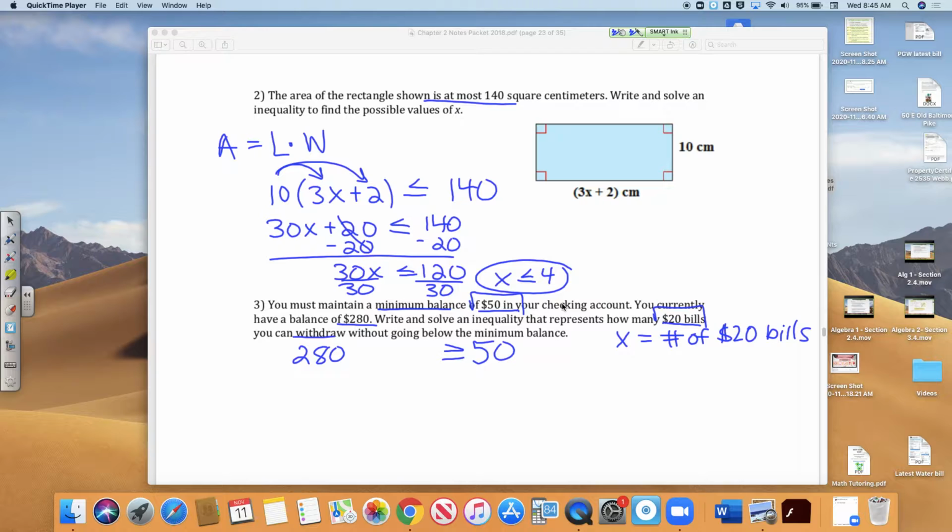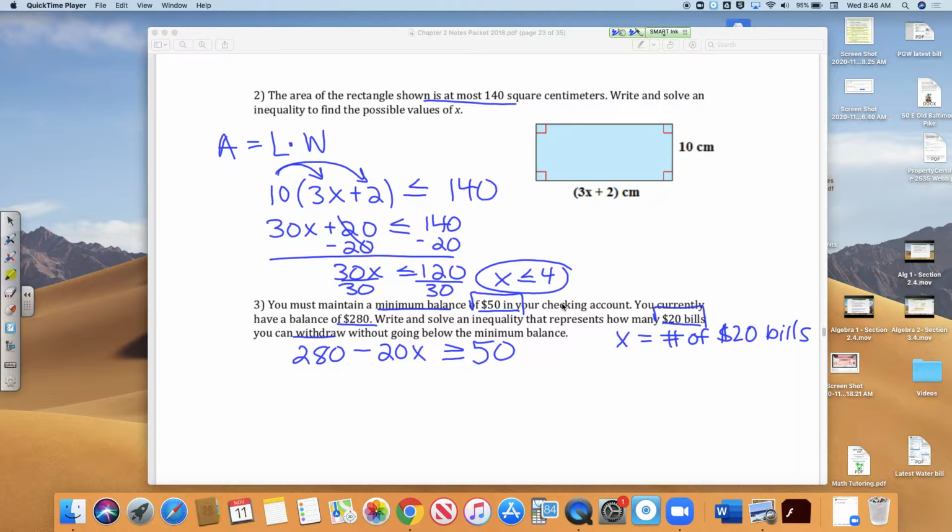then every time you take out a $20 bill, you would have to multiply x, that number of them, by 20. Because if you take 2 bills out, then that's 20 times 2, that's $40. So when you're withdrawing, you're taking money away. So for every $20 bill that you take away, it would be $20 times x. So this inequality says you start with 280, you're withdrawing $20 bills, and your balance must be greater than or